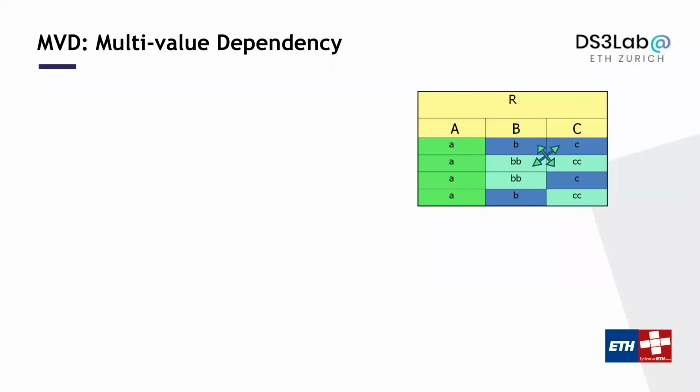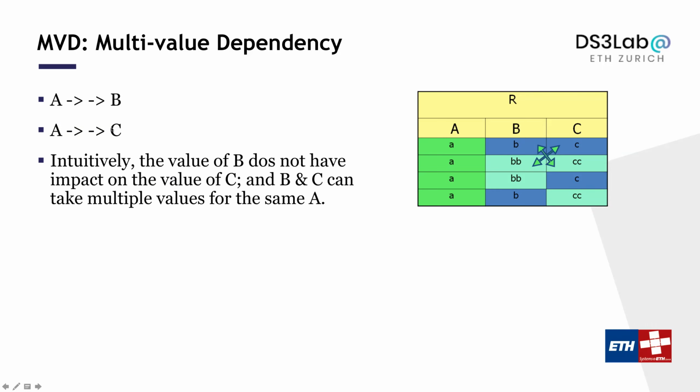Now let's talk about multi-value dependency, okay? So we have a different notation for that. There are actually two arrows here, A arrow arrow B, right? So essentially we have an MVD, multi-value dependency from A to B, okay? And you can actually write the multi-value dependency from A to C, right? Something like this. So the intuition is, if you give me a relation that looks like this,